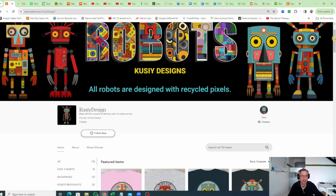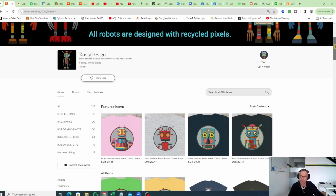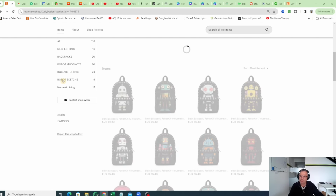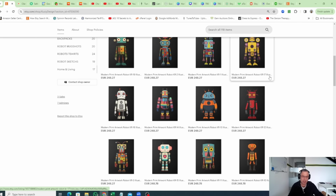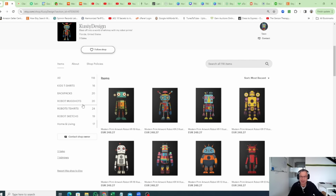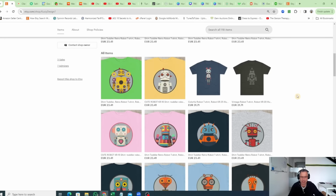Now let's actually look at what they're selling. So I quite like this robot design, this robot aesthetic. But let's just have a look at what's going on here. So we've got kids t-shirts, we've got backpacks, we've got some sketches here on t-shirts, robot sketch t-shirts, and then in the home and living we've got what looks like artwork. Okay, so it all looks okay from the high level view, but once we start to actually look at the designs and just scroll down,